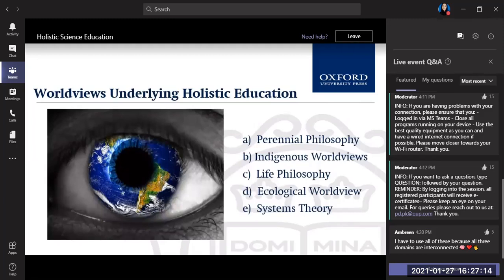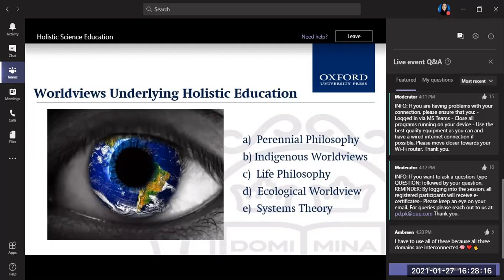The fourth idea is an ecological worldview, in which we believe that the ecological perspective is integral in contemporary holistic education. The two people who were really famous, who did a lot of work in terms of the ecological worldview and talking about holistic education were Edward Clark, and the other one was David Orr. Then the last one was the systems theory. Systems theory was basically an interdisciplinary study of systems in which the theory was a theoretical attempt. It recognized that there is a lot of interdependence of things,